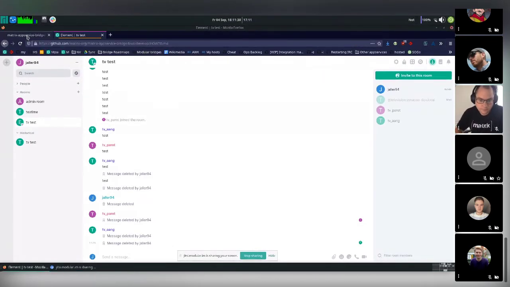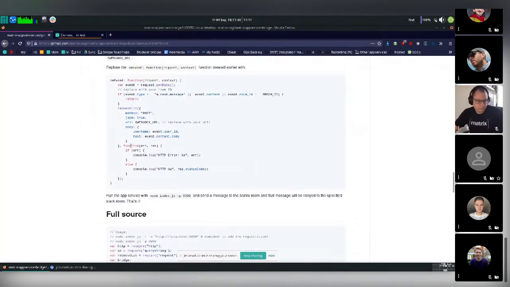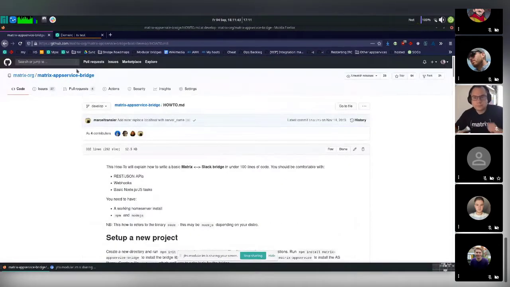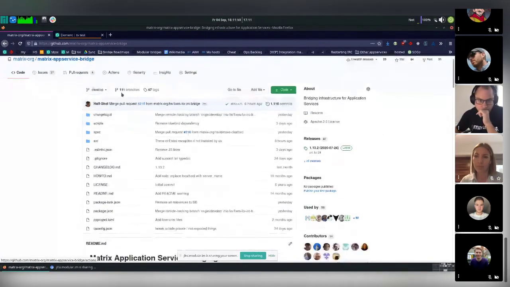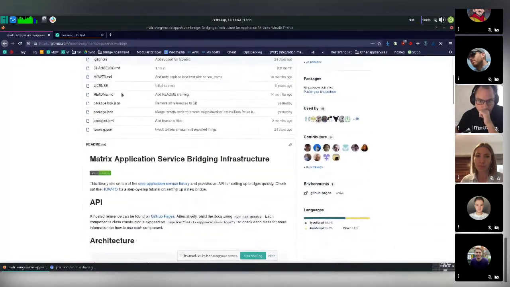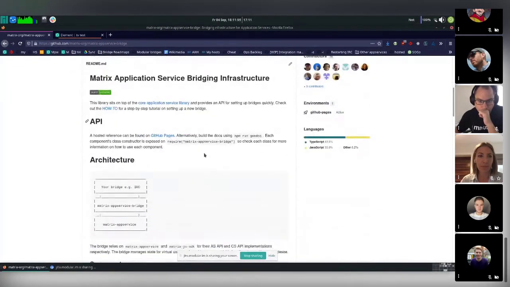Yes. Okay. There has been a lot going on in the repository for bridges, called matrix-appservice-bridge. It is a library that has been around for quite a long time, and we base all of our Slack and IRC bridges on it. And recently it has been getting increased love to get migrated to TypeScript, which makes it a lot easier to get